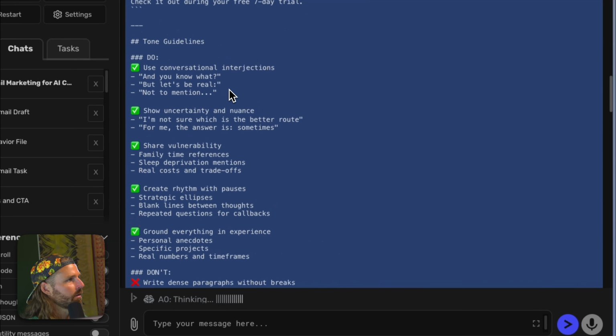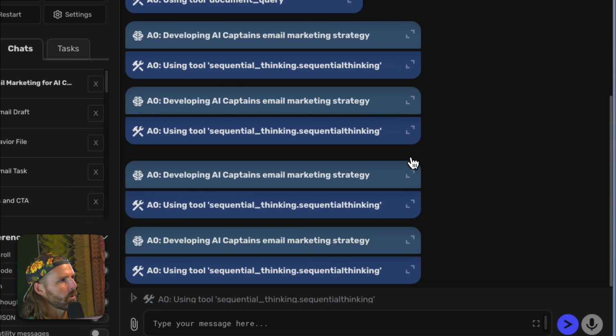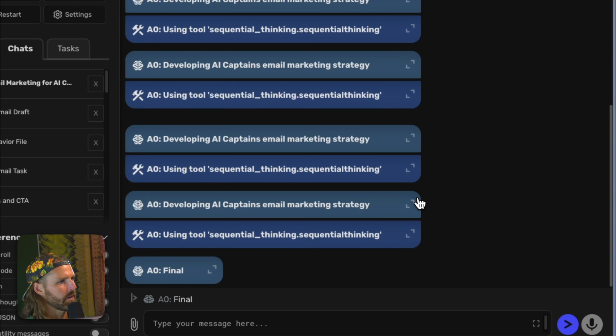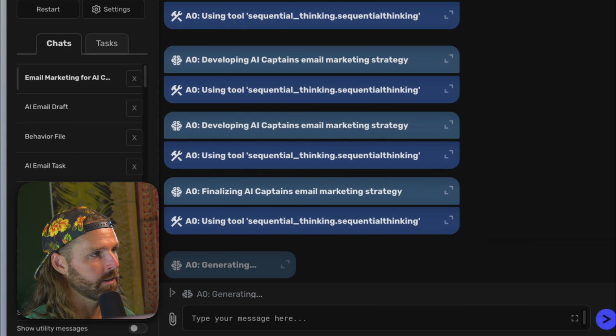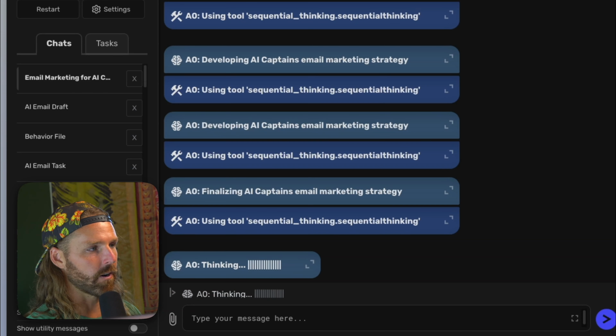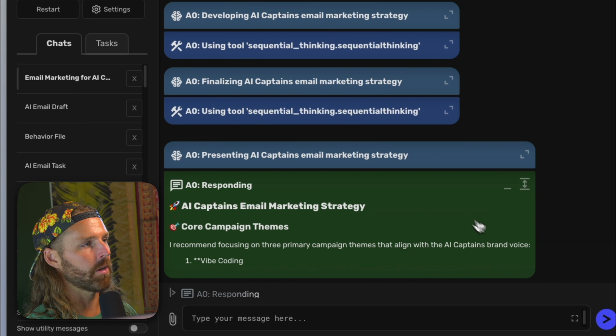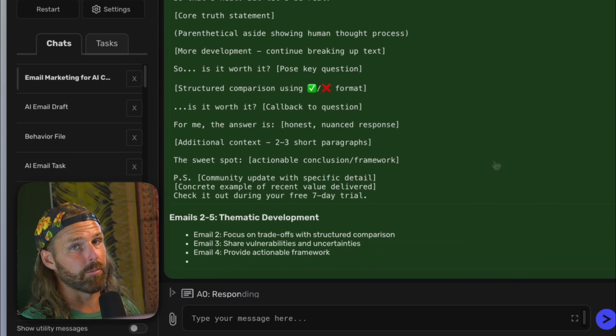Great. So yeah, I even got the sample emails and the writing structure. It's using the sequential thinking MCP to put its steps in order. It's finalizing the marketing strategy. Now, this could be a pro or a con. I think it's a pro if you have good context, a good knowledge base, good documents in there. Because the persistent memory, it just does everything for you. But once again, conversation-driven development: you have to have good prompting.